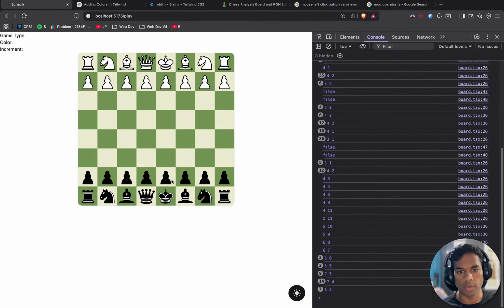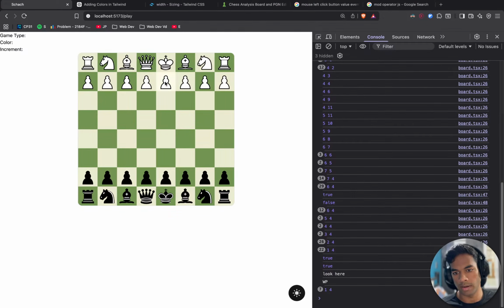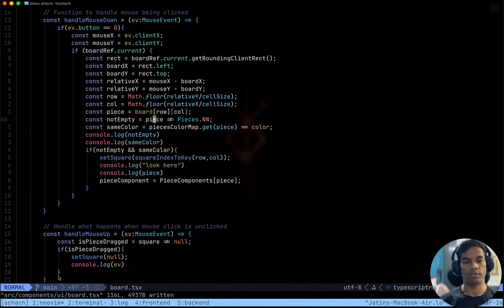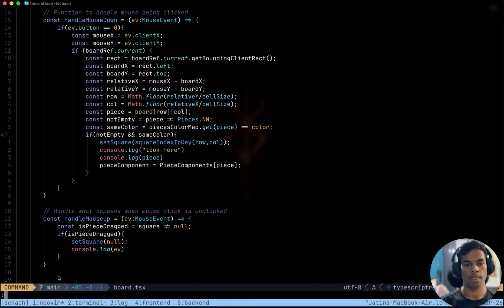Not empty is false. Okay, not empty is now true, and here both are true, and WP was printed. That is very cool. Look here, and the piece was printed.